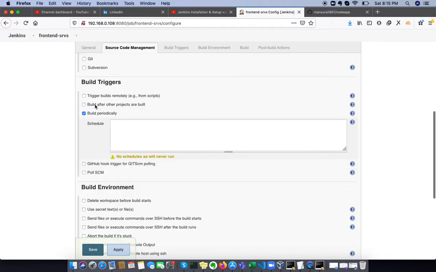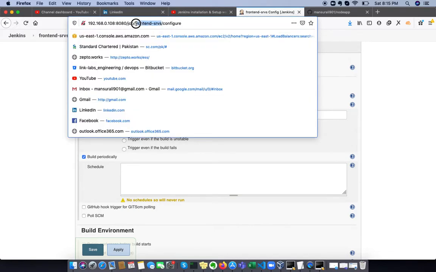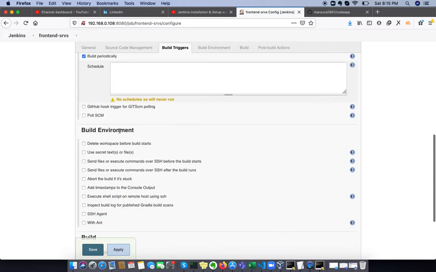So this is the dependent project execution option. When we select this option, we need to specify the project that it depends on. Like if we have a pre-build step on a different job, for building and running tests, we can specify that job here. Like if a QA test built successfully, we can specify the Jenkins job name as frontend SRV. This is the job name we need to specify here. But as of now we are not going to use this option. We are going to say okay, build this project